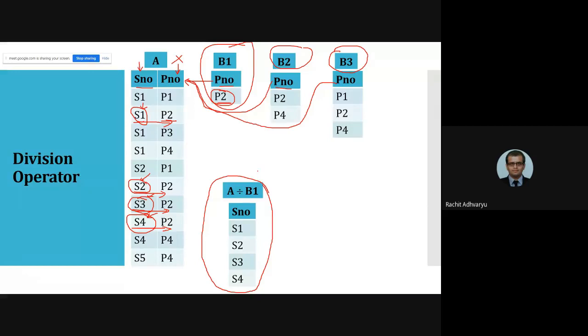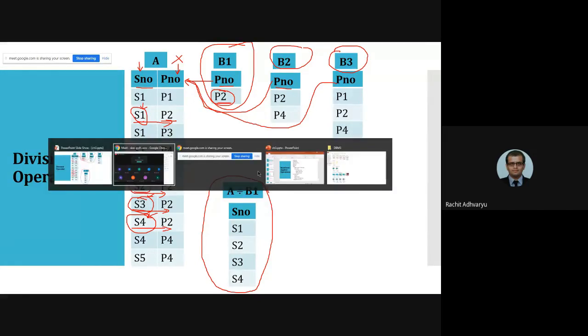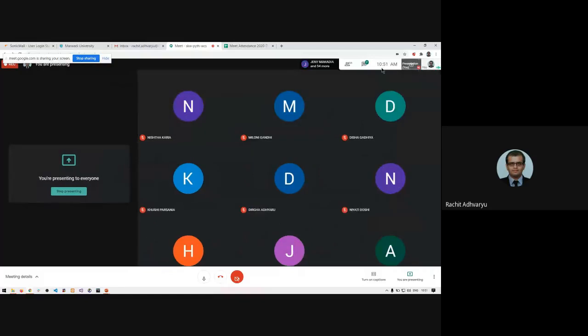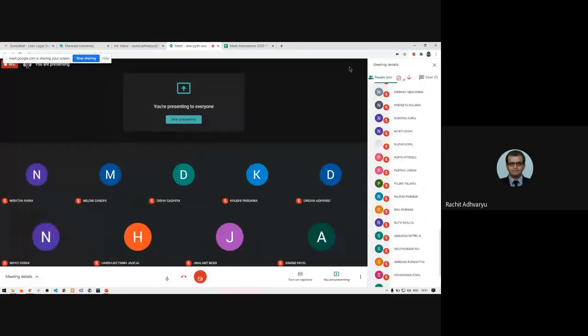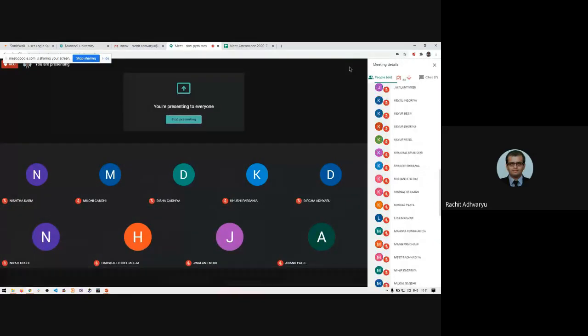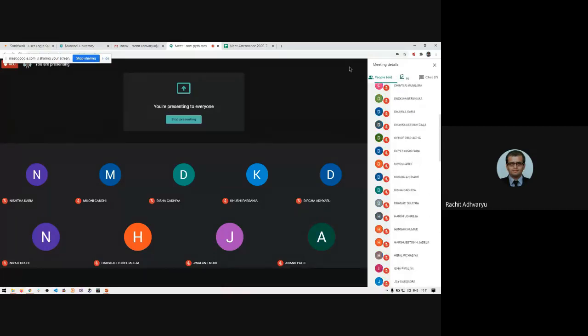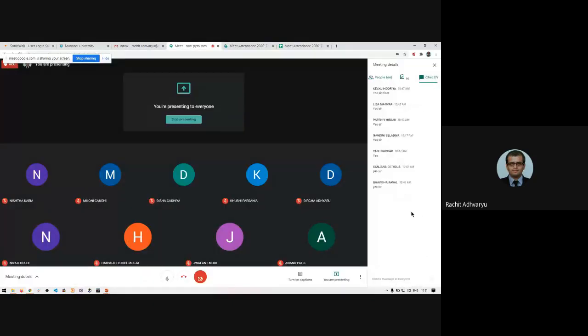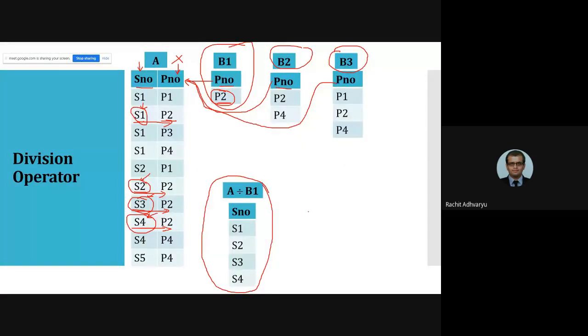Clear, guys? Any doubts in this? Any repetition required? Tell me anything. If you have any doubts, or any repetition is required, just tell me right now. This type of question is asked in GTU exams. That is why I'm asking if there's any doubt, just ask me. We can clear it right now. Any doubts? No.